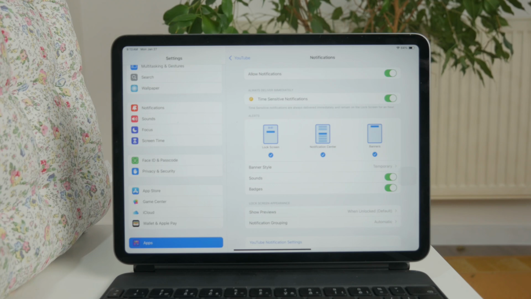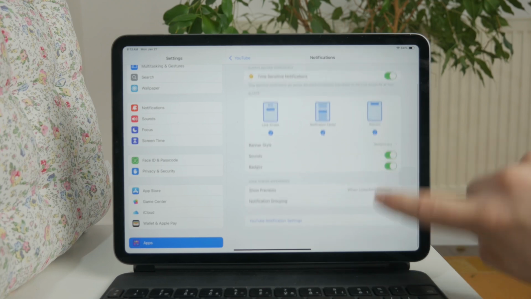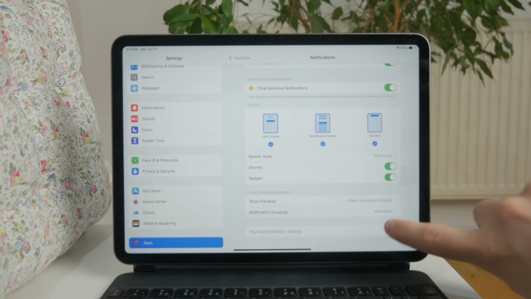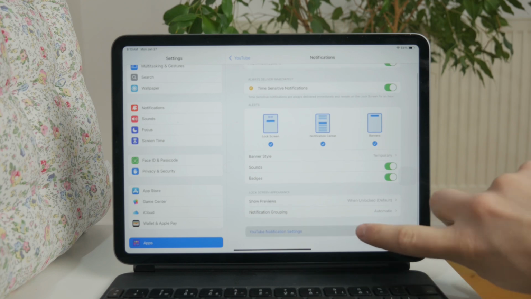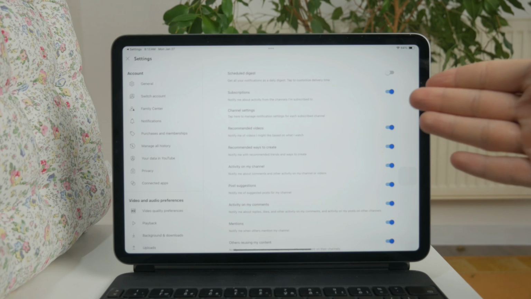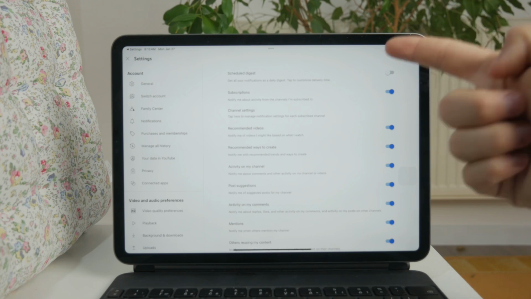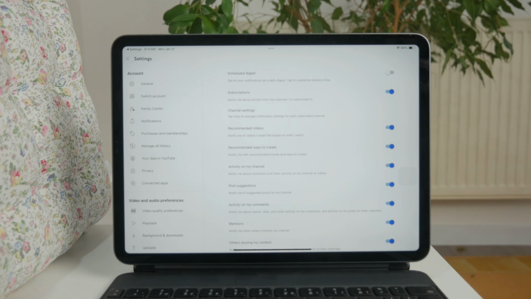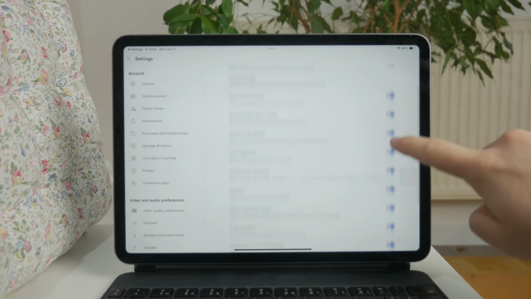But also at the bottom, you also have the link to open up the YouTube official app, and in there manage what exactly the type of settings is supposed to be delivered, right? So you have the iOS or iPadOS settings, and you also have the YouTube settings. So here we turn on the notifications, but when I click on this link right here, it goes directly to